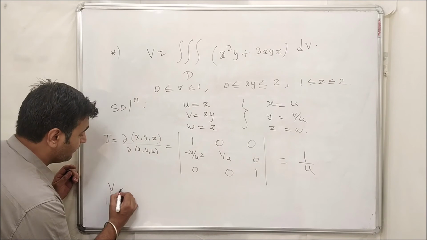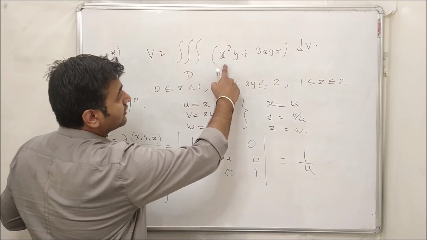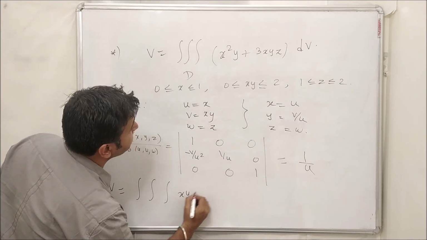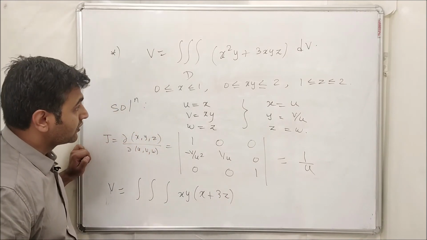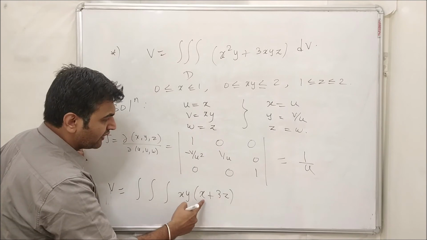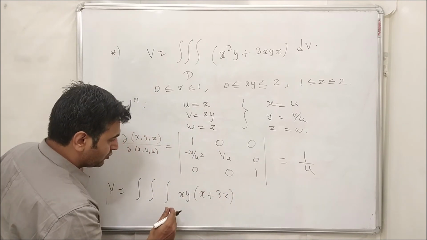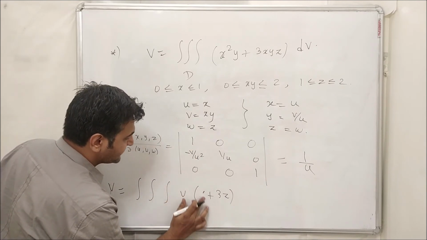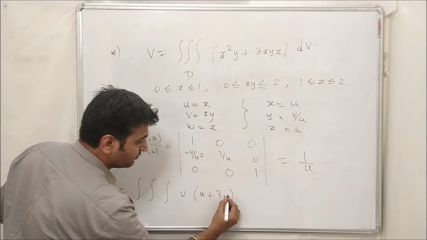Let's see what do we have. So this is triple integration. So you have here, you can take out x common or you can take out xy common. If I take out xy common, x plus 3z. Okay, so actually you could have also called w equal to 3z. So here you would have got a simpler thing, u plus w, doesn't matter. Okay, so now what is my xy? My xy is v. What is my x? x is nothing but u. And what is my z? It is nothing but w.